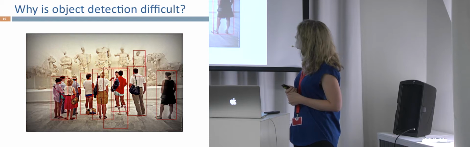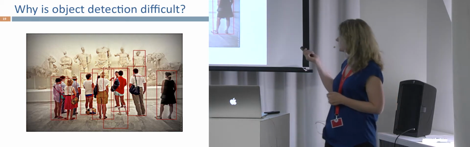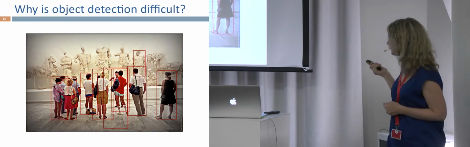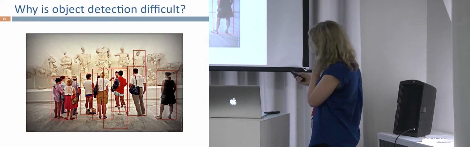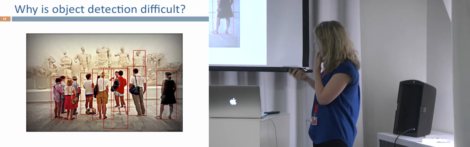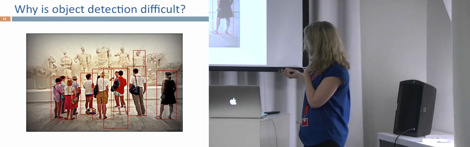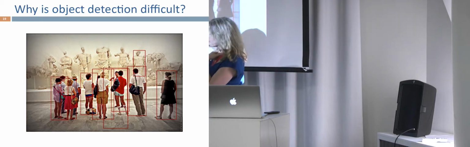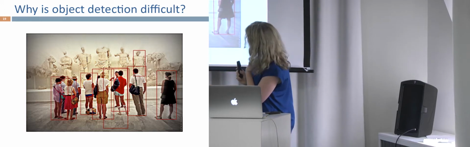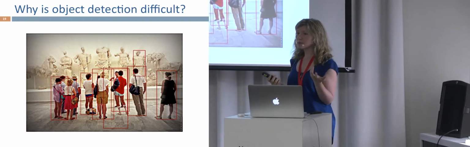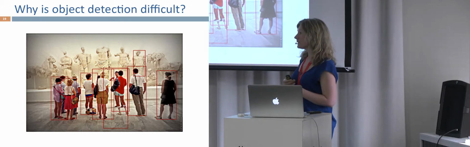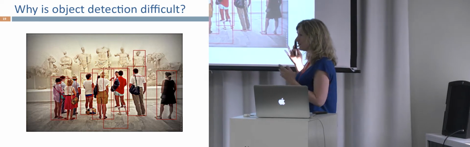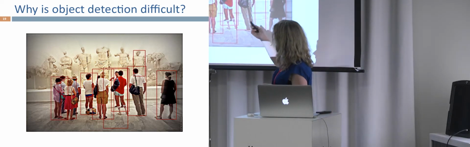So why is it so difficult? Well, as you can see here, this is the result of running a very popular object detector called a deformable part model on an image. As you can see, it's working quite well, but it runs into some problems. For example, here, it's detecting the statue as a person, where you can't really blame the machine because it doesn't know that a statue that looks like a person is not a real person. It's just like that robot video I showed you. It doesn't have that common sense.